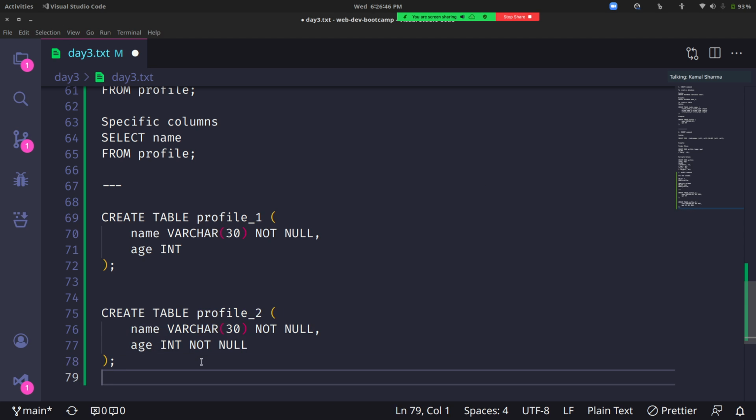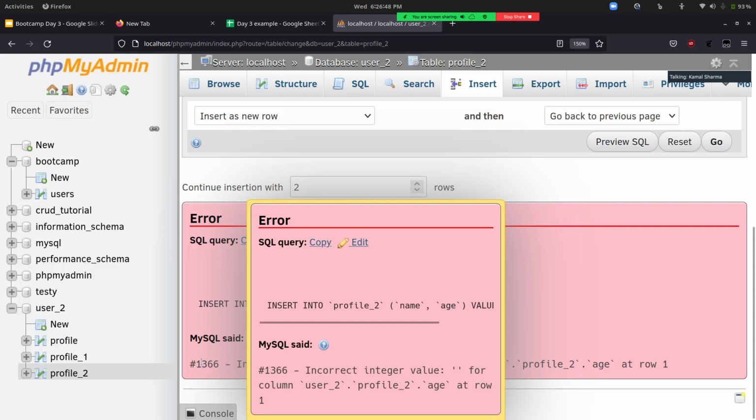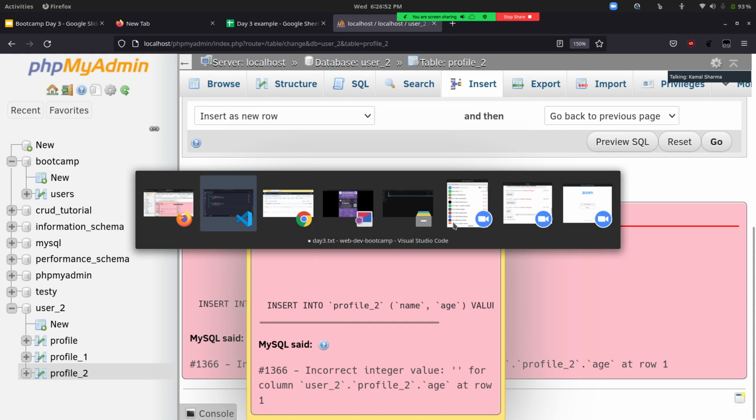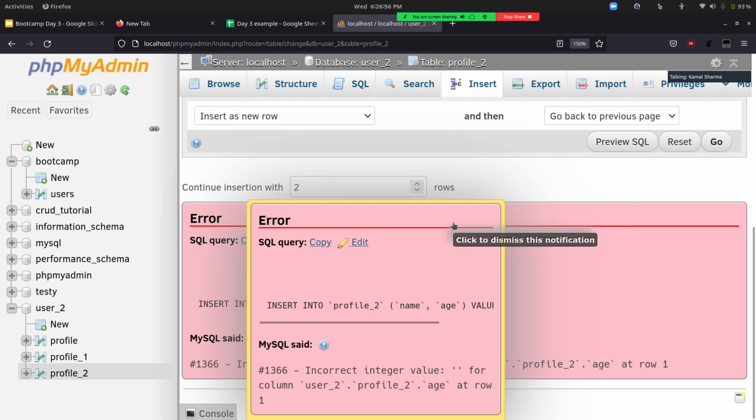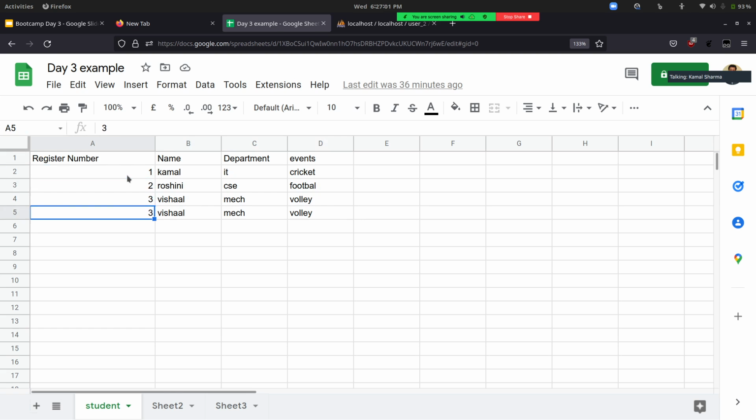Till now we saw how to insert some values in some random order. Now let's see how to insert in a proper serialized way. Serialized in the sense that the registration number will be in one particular order, like 1, 2, 3, and this is 4. We'll have one proper column which will help us identify, with the registration number of a student, that particular student's name and their details, right?